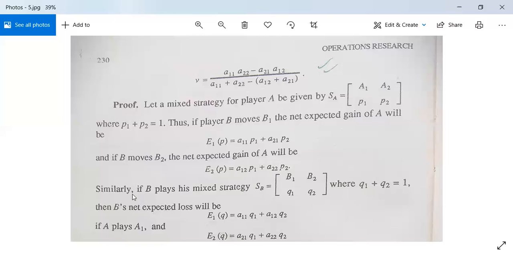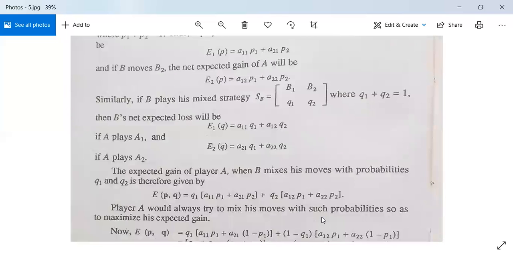Similarly, if B plays his mixed strategy as B is equal to B1 B2 Q1 Q2, where Q1 plus Q2 is equal to 1, this is also a probability. Q1 Q2 are probabilities, therefore their sum is 1. Then B's net expected loss will be, इनका लॉस क्या हो जाएगा, E1Q is A11 Q1 plus A12 Q2 if A plays A1, अगर A A1 चॉइस करता है, and E2Q is A21 Q1 plus A22 Q2 if